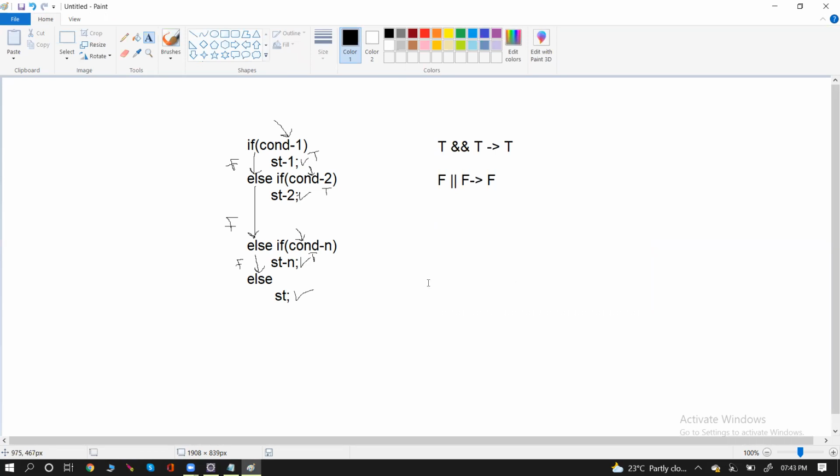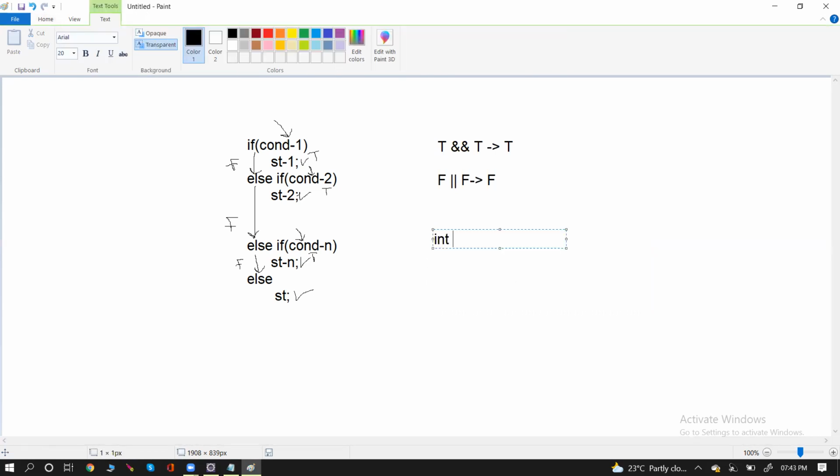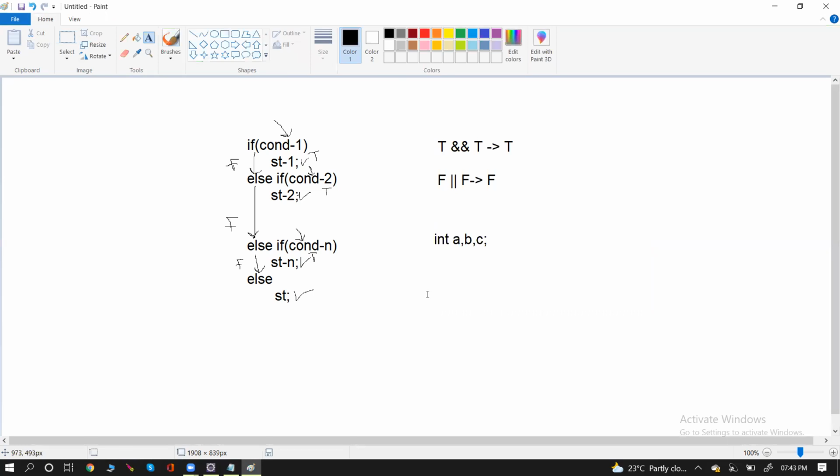Why we require these? Because I'll take three variables now. I want to check which is maximum. How can we write the condition? How can you say which is maximum based on three variables, not two variables? If A is greater than B, that is a greater than condition, then C, else if B is greater than C,